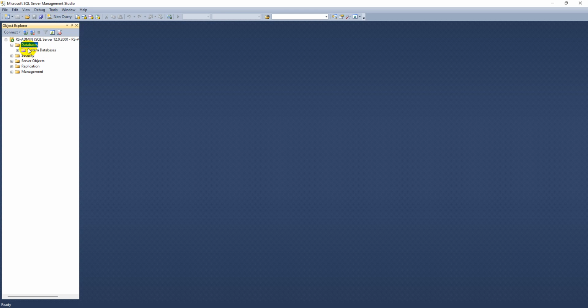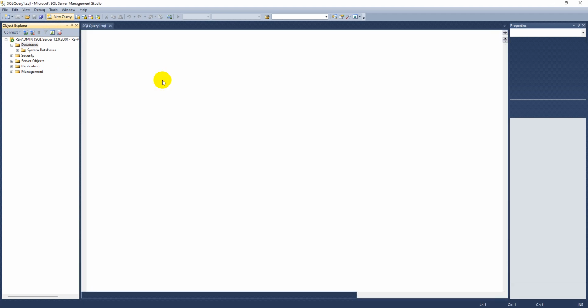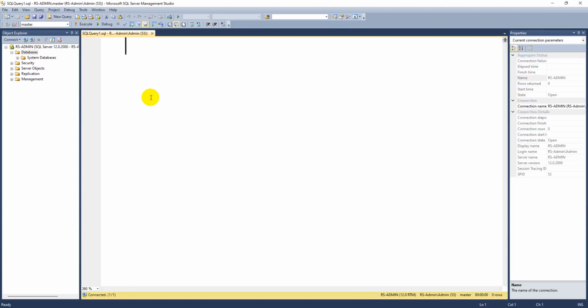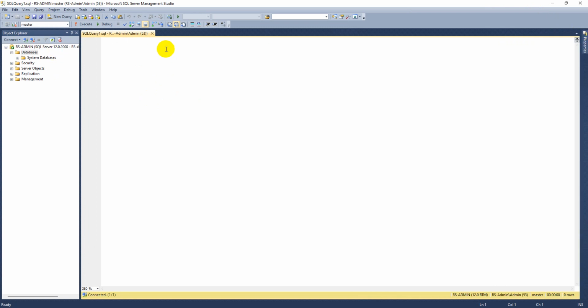Whenever I want to write any SQL query, you can either press Ctrl N, or you can see there is an option here called New Query. You can click that, and then you see the query editor where you can type your queries and execute them. Okay guys, first let me create a database. Create database, with some database name, for example Office.